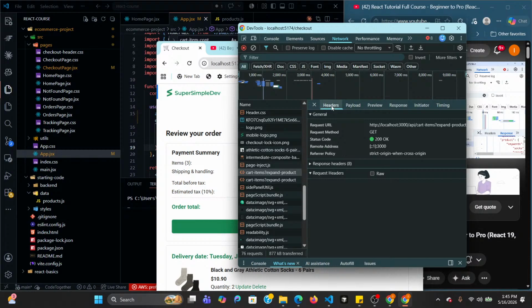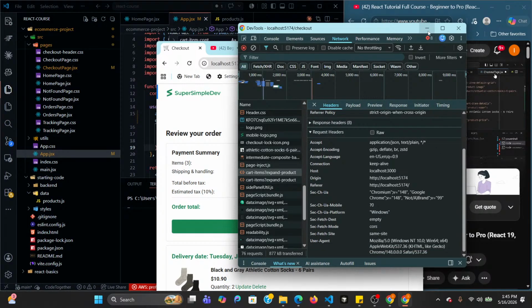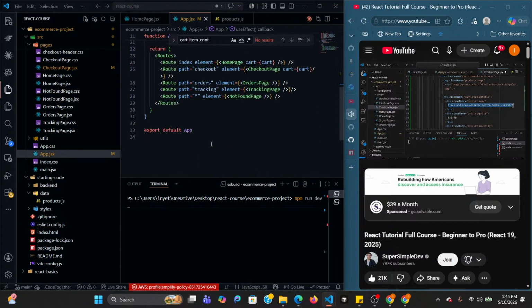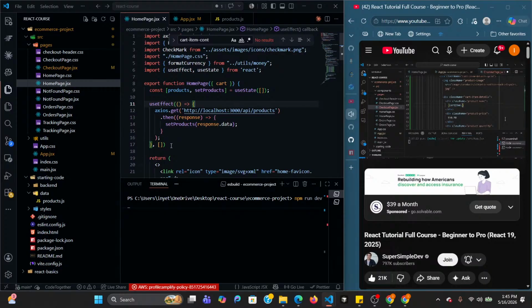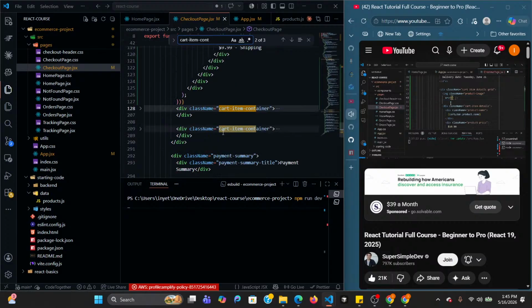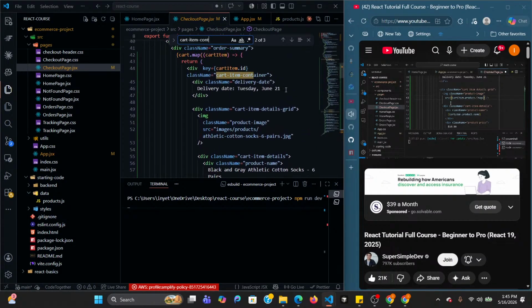So now let's go back to our code. And we're gonna go to the checkout page. And now instead of the socks every time, we're going to remove this and insert the cartItem.product.name. And we'll also replace the image. So we'll remove this and insert the cartItem.product.image. And down here